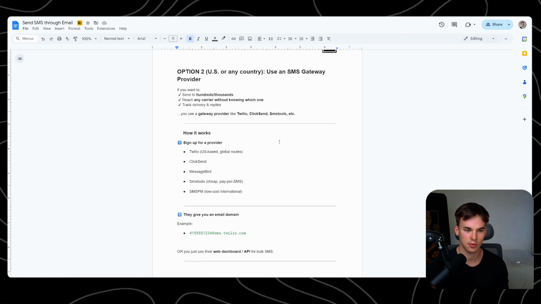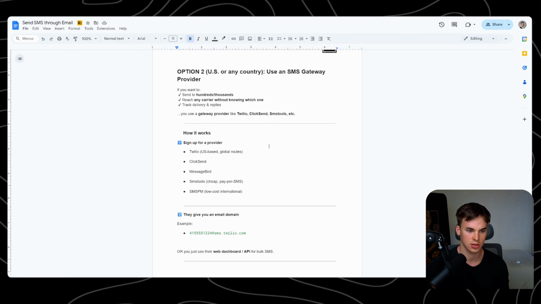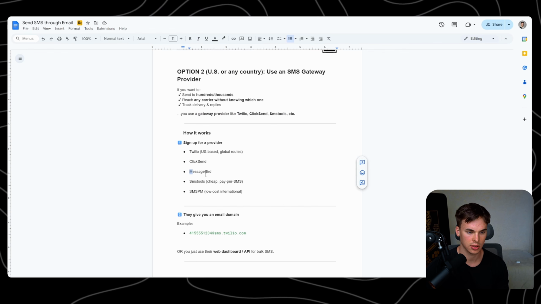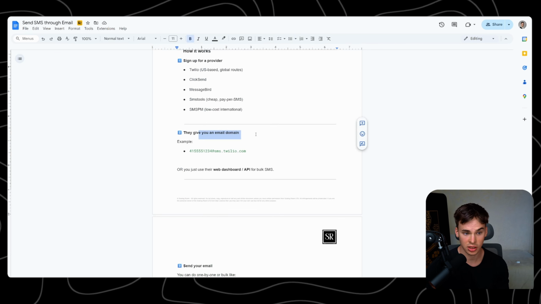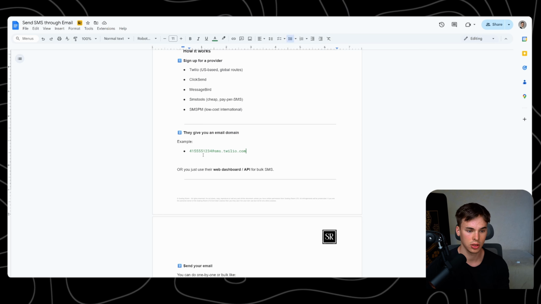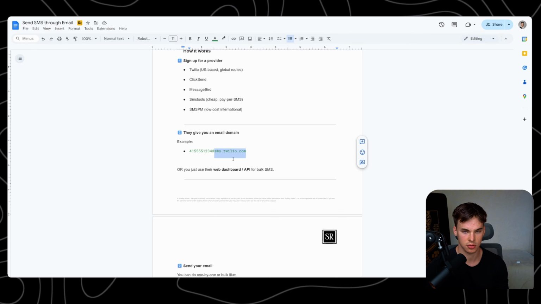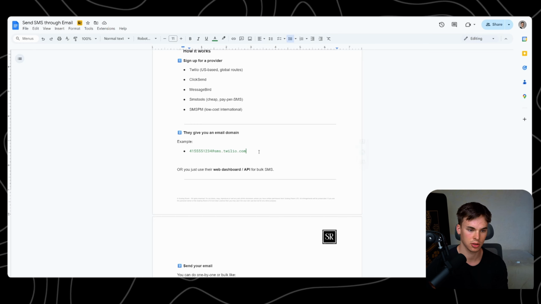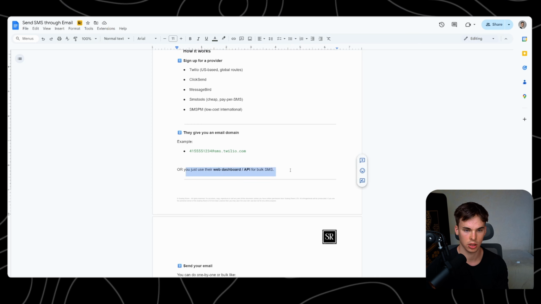You can use a gateway provider like Twilio, ClickSend, MessageBird, SMS tools, and basically any other one. You could just sign up for these tools. They give you an email domain like sms.twilio.com, and all you need to do is the same thing, except it's not going to be vtext. So for VodafoneText.com, it's going to be sms.twilio.com, and you can just use their web dashboard or API to